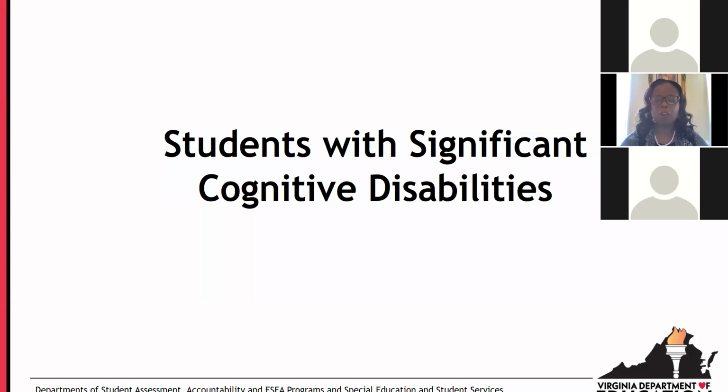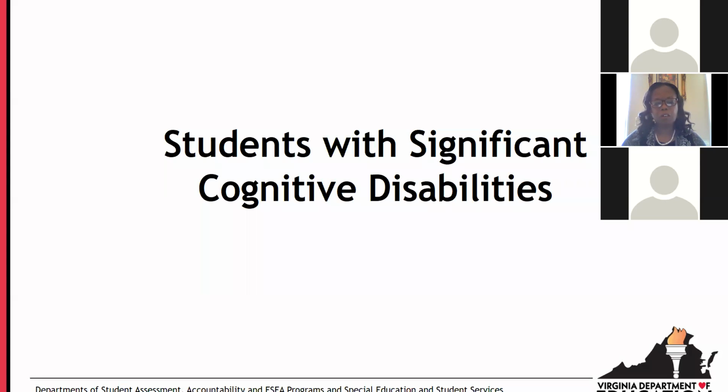But even though there's no change in the participation criteria, it's important for us to do a quick review of this population of students, because that assessment triangle that Sarah showed you earlier, the foundation of that is the appropriate students. And in this case, it's students with significant cognitive disabilities.